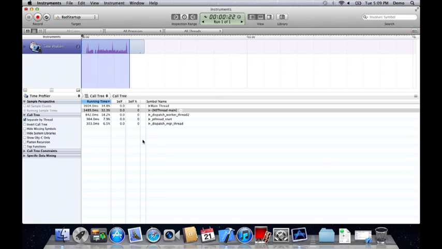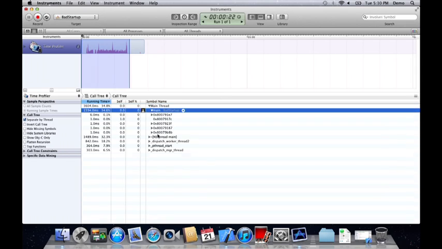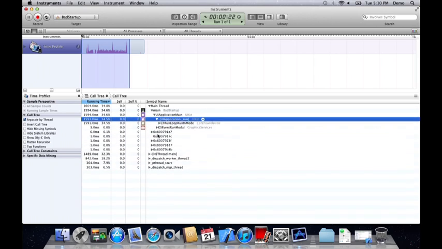Now, when it comes to paying attention to launch performance, what really matters is the time that you spend in the main thread. So at this point, what you really want to be doing is paying attention to this percentage right here under running time. This is the total percentage of time that was spent in the main thread and everything else that it called through to. So, using just the arrow keys and the keyboard, let's start stepping through here and going down